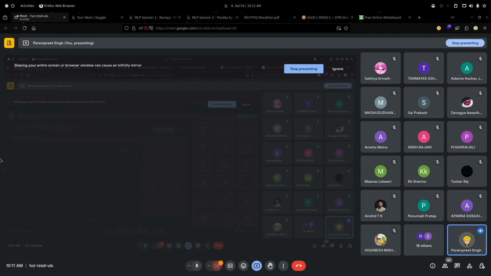Only 2 of you. So अगर कुछ specific doubt है तो आप वो पूछ लो. Or should I cover the pipeline once again, what a pipeline is and how it works?